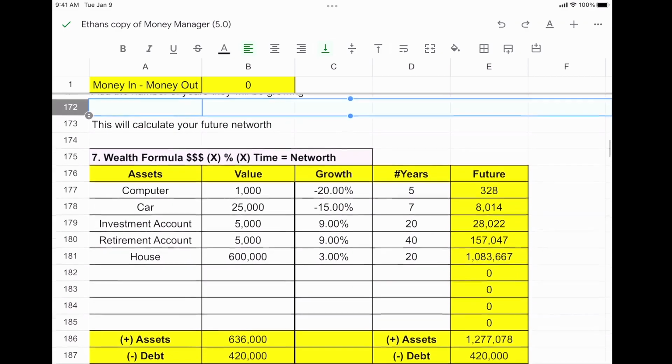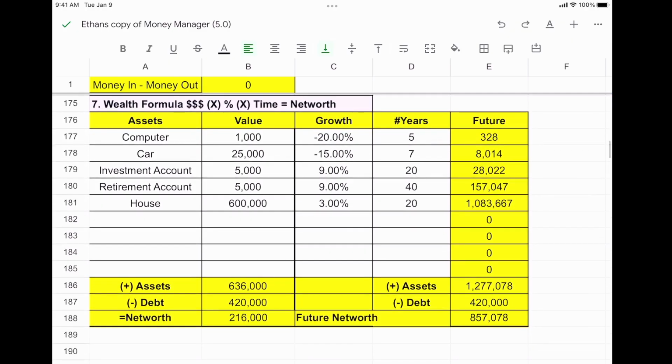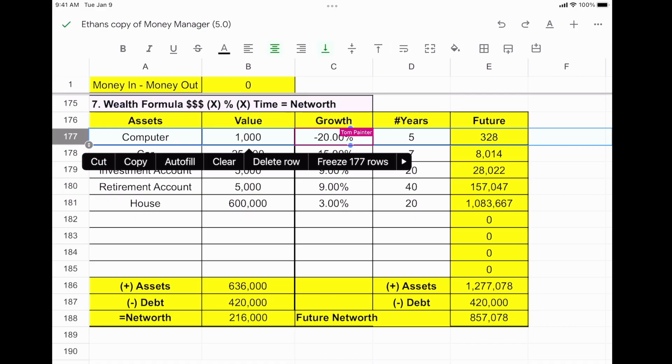So you can see as we add all these things on here, the first thing you're going to do is put your assets on here. So here's an asset right here. It happens to be a computer. And in this example, that computer is worth $1,000. But guess what? Computers become obsolete. And we think it's going to be obsolete in 4 or 5 years. It's losing 20% every year. It's losing money every year. But the good news is if it makes you more money, then it's worth it. So that $1,000 item right here is only going to be worth $300 in 5 years. This is an asset that is going down